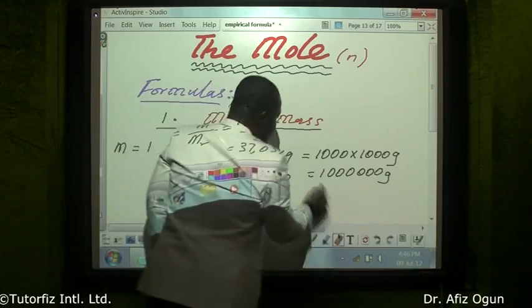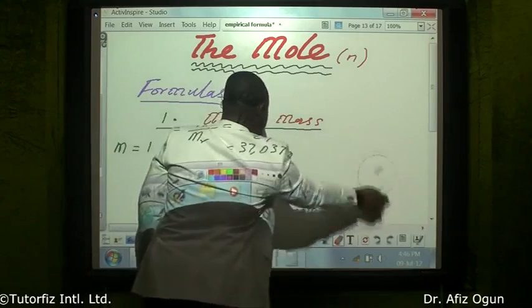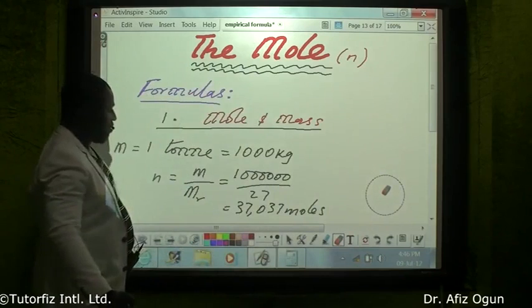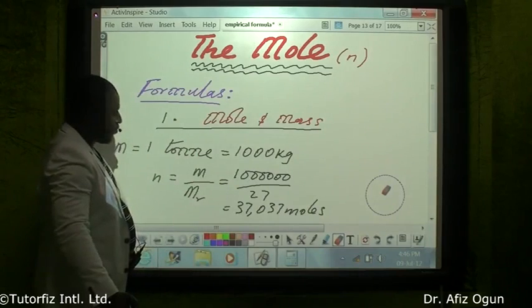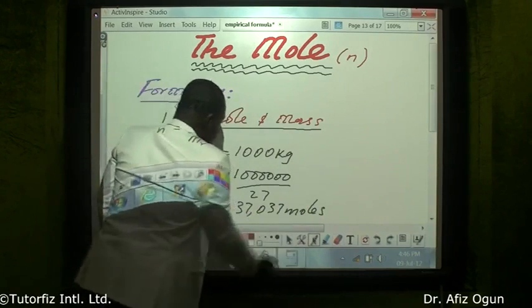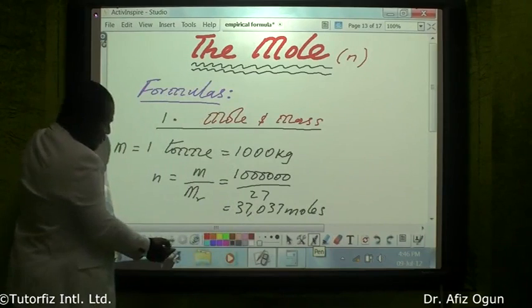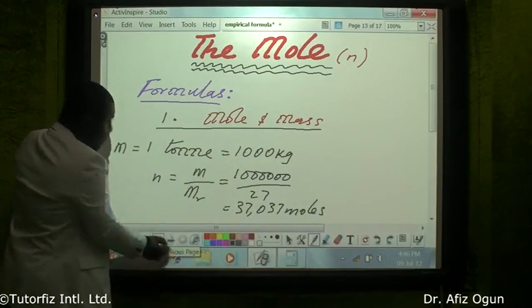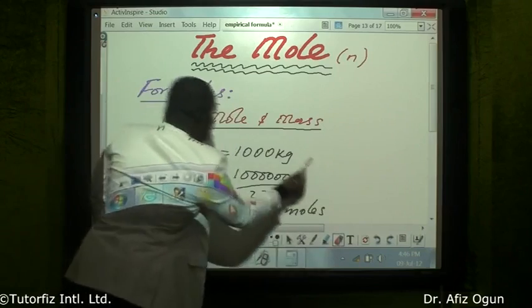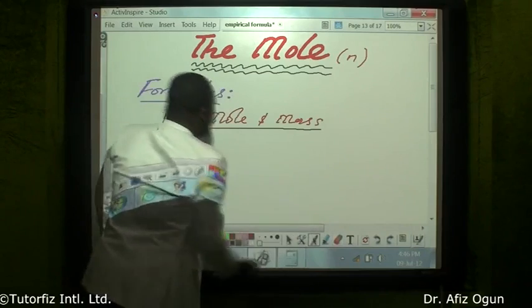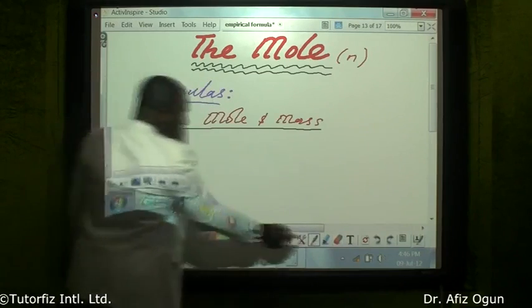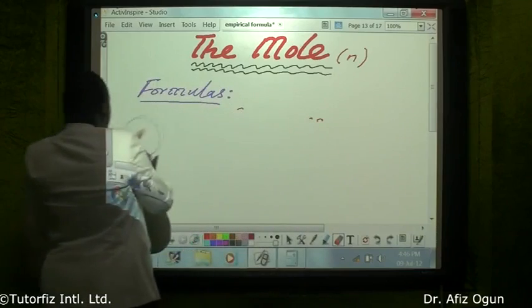So this is the number of moles. So this is the amount of grams in 1 ton. You understand it? Now let's go to another area, another formula. So that is the first formula. Another formula of mole, the second formula of mole, is